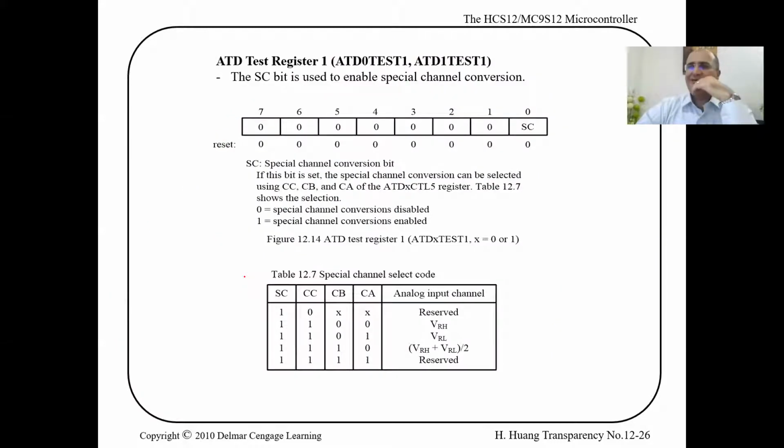Test register 1, this is only 1 bit that we can use, and we call it a special channel conversion. Sometimes you want to know, if you're battery powered, what is the value of your voltage source? What is your voltage reference high? What is your voltage reference low? What is the average of your voltage references? You can go make this bit 1 and go set